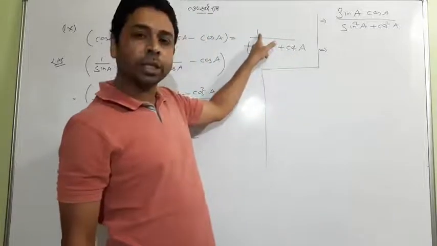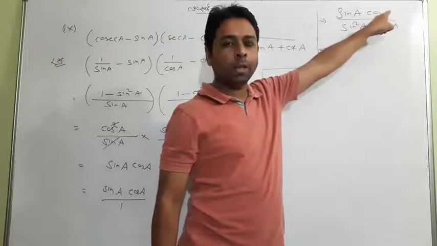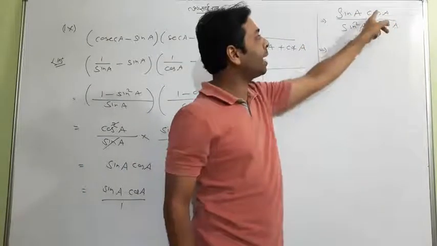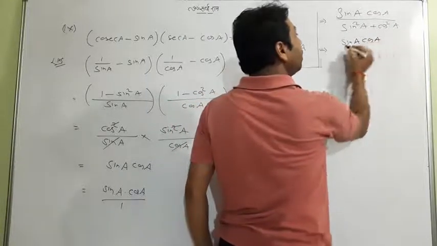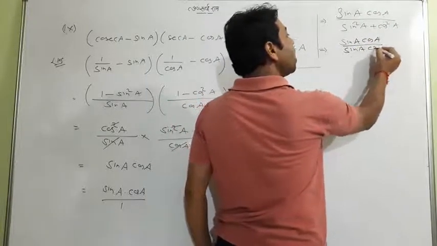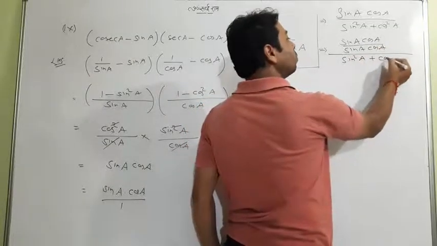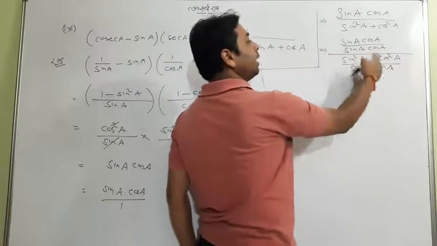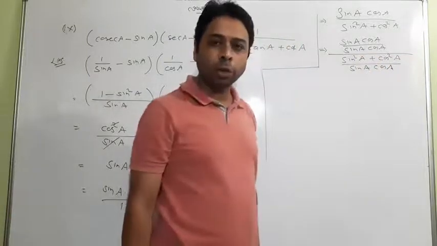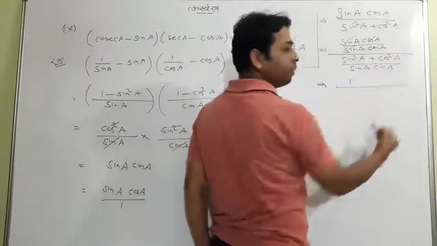It requires 1 in the numerator, but it is not 1. How can we make 1 in the numerator? We will divide by sin A cos A in the numerator as well as in the denominator. Very interesting and very simple also. What have I made? Look at the term. It is nothing hard. I have divided by sin A cos A in both the terms, and when I do this, it cancels and we get 1 there.